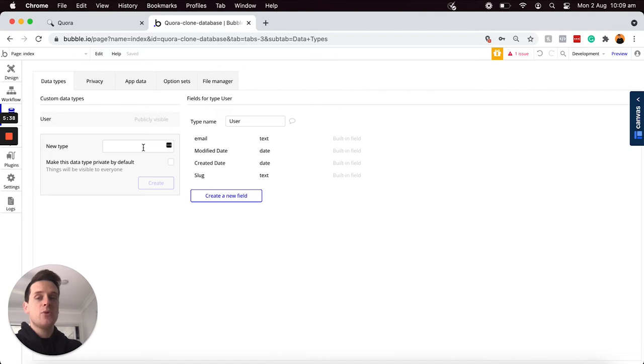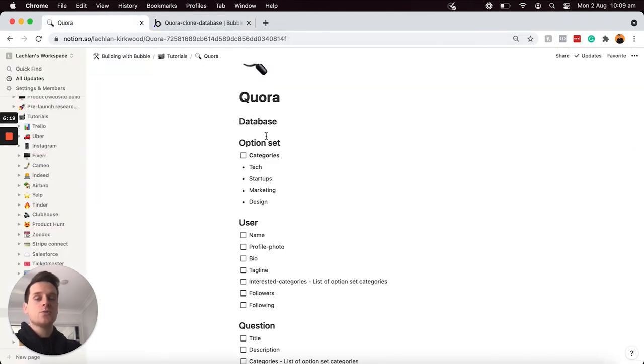new data type. Because if this is selected, what you'll find is that once you finish building your application and you decide to preview it, when you load your app, all the elements and components on your page will load, but you just won't have any data displayed, and that is because of the privacy rules. So I just wanted to take the time now to highlight how these can actually affect your Bubble application when you preview it, if you just don't take the necessary time to understand what the privacy rules are that Bubble applies. But let's jump back into our Notion doc now, and we can start to run through all the different